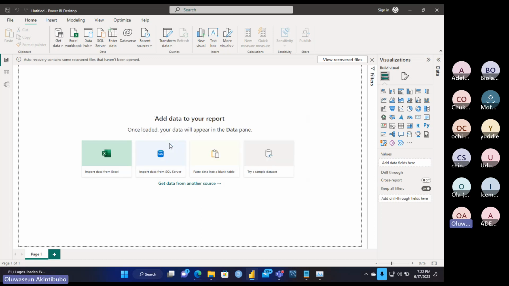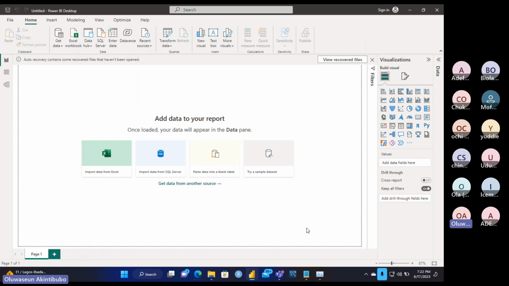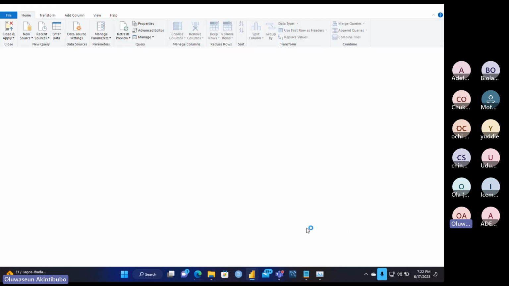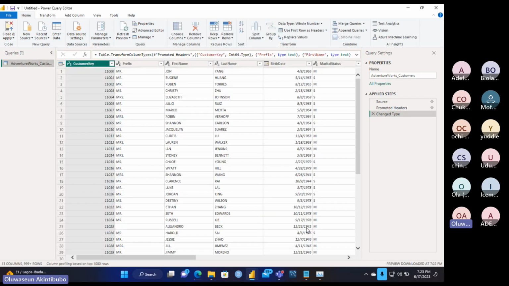I'm going to say open. It's connecting. And yes, it gives you a preview of what the data is. I explained this yesterday as well. This just gives you a preview of what your data would look like. You can click on transform instead of load. If you are satisfied with it, you can load in the data. If you don't need to transform it, there is no point for you to transform it. But if not, just transform it and load it in.